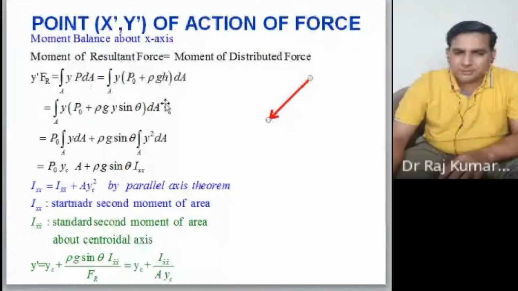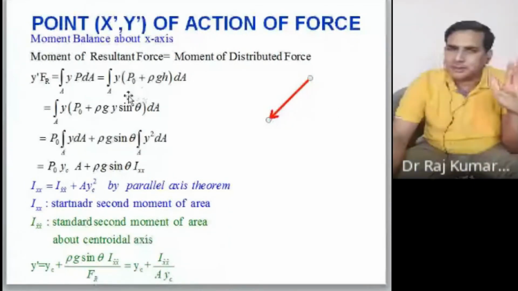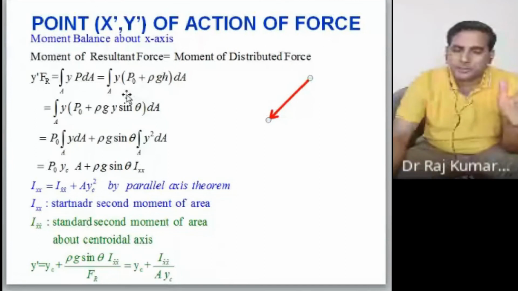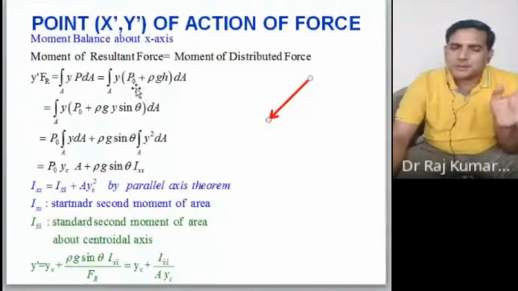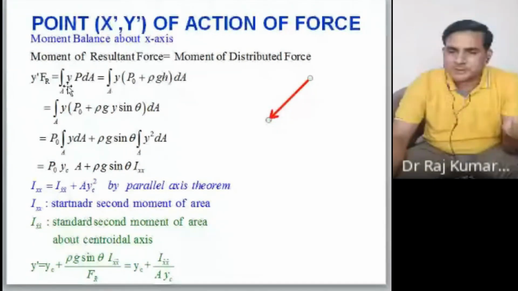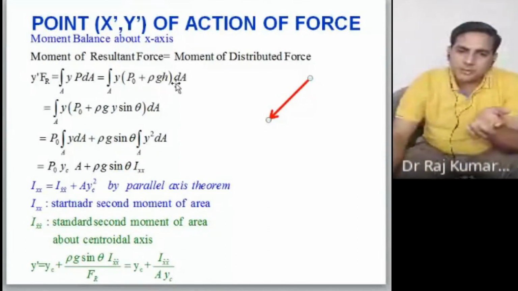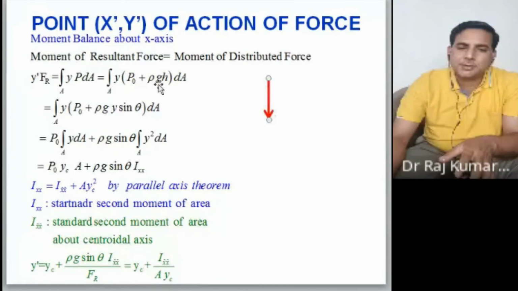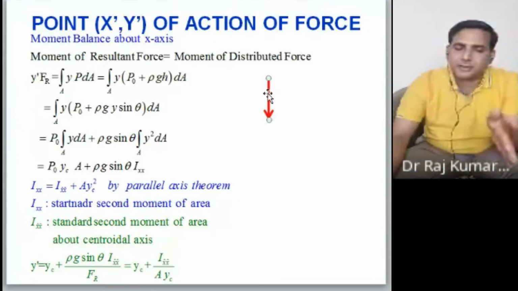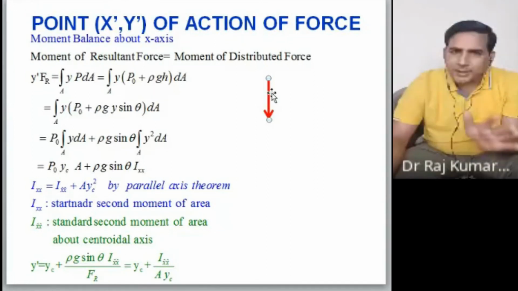Now you are substituting the value of P. P क्या होगा? If you have P naught, यदि आपका top पे कुछ pressure है, so you can add that P naught. If not, if it is atmosphere, just cancel it out. Fine. So that P naught would become 0. Generally, you can take it because it may or may not be present. Fine. This is the rho gh. Rho gh is vertical height of this point. So this point को यदि आप vertical करेंगे, तो this is your h. So that is your rho gh, because this vertical height of the fluid can also give the pressure. Fine?